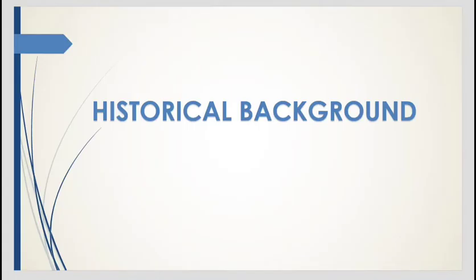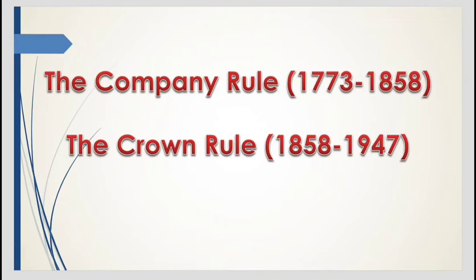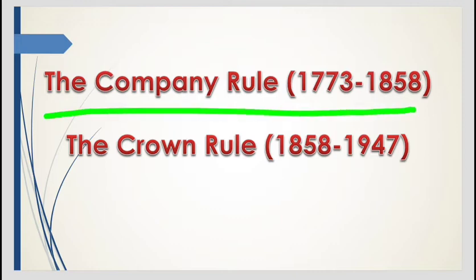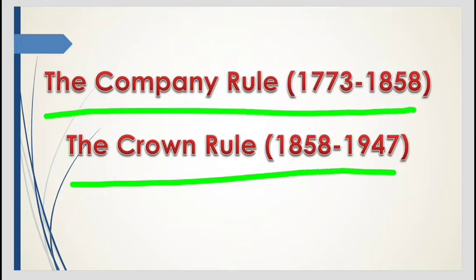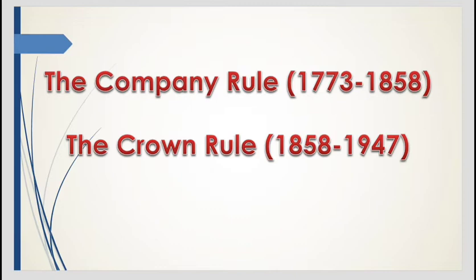In today's lesson we will learn about the historical background, and this we will read under two headings. First is the company rule and second is the crown rule. So it is important from two perspectives. It is part of modern history as well as it is part of polity. There are acts which are difficult to remember, so I will also tell you the tricks to remember all those features of those acts. Okay, so this all started in 1600 when British East India Company was established, and at